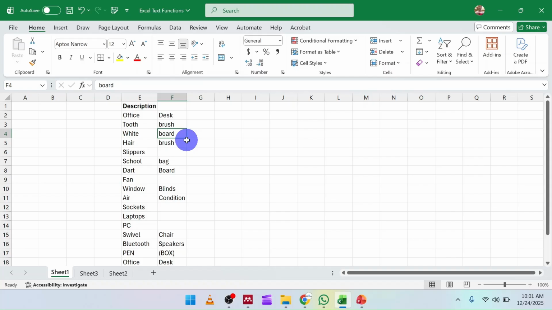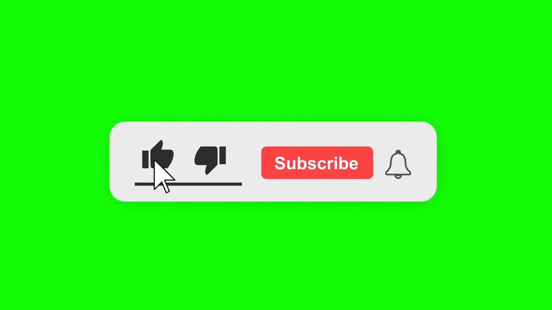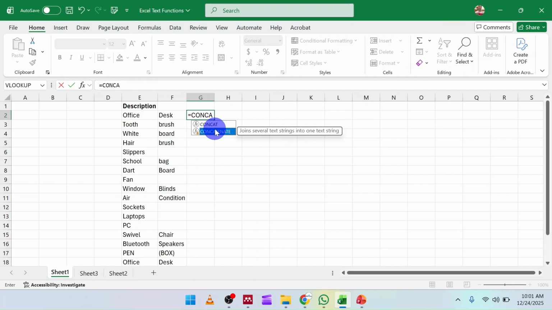Now what you have to do is just be here, then you use the text function concatenate. So you enter equal to sign because it's a function. You enter equal to sign, then just type concatenate. Okay, concat. Now when you put the cursor on it, it tells you that this joins several text strings into one text string. Okay, so double click on the concatenate,